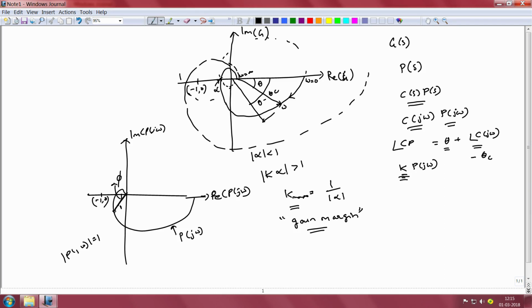Now, if the angle by which the phasor at the location where the magnitude is 1 is rotated is more than phi, then we would have points of magnitude greater than 1 getting rotated over to the negative real axis, and therefore the new Nyquist plot will end up encircling the critical point. Therefore, the maximum phase lag that can be tolerated on part of the controller in the vicinity of the critical point is equal to phi, and this phi has a special name, it is called the phase margin.